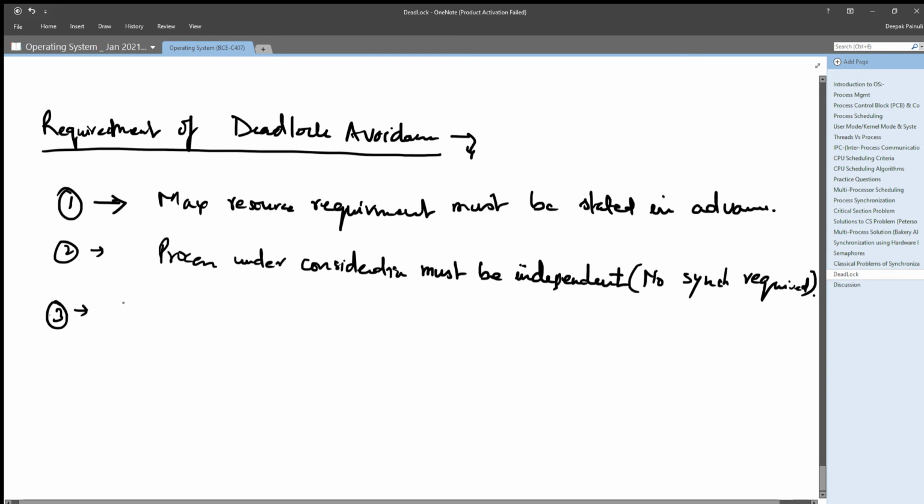Then the third requirement is that there must be a fixed number of resources to allocate. If there is an unlimited number of resources to allocate, then this algorithm won't work, right? It will work only when you have a fixed, definite number of resources to allocate, right? And the fourth and last condition for deadlock avoidance: